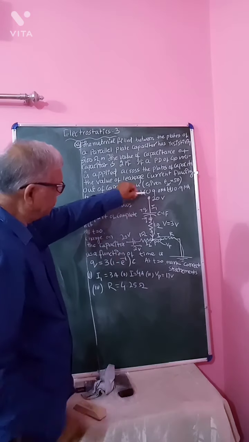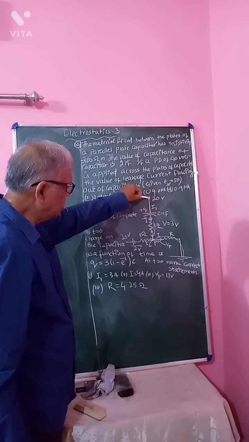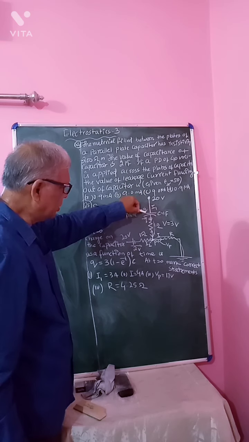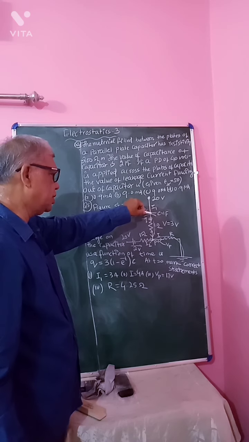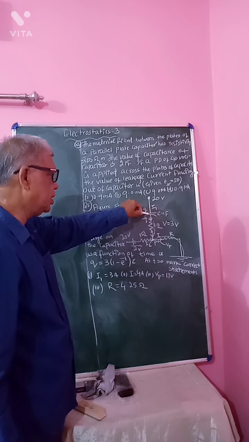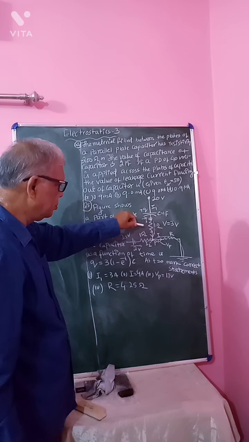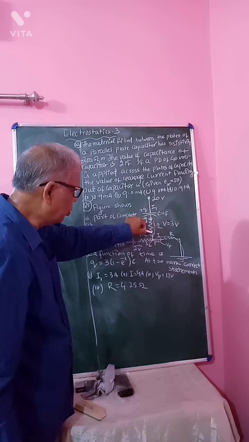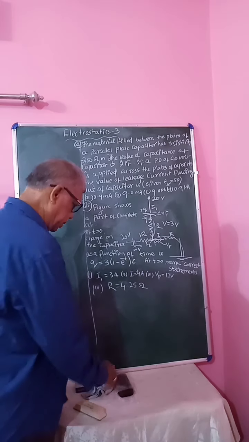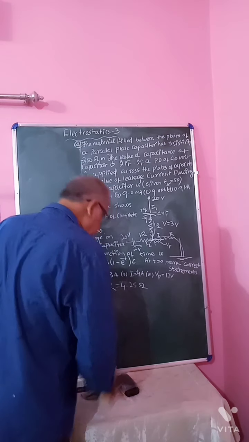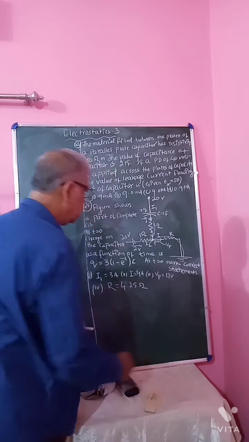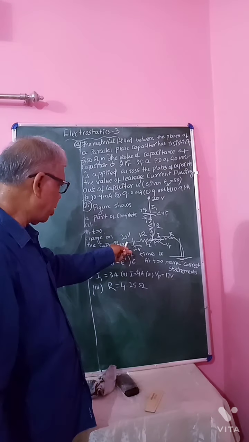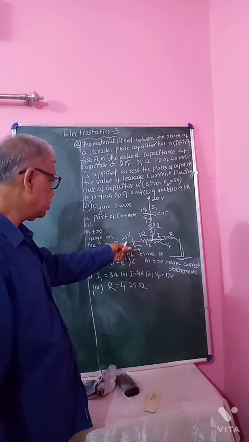This point is at 20 volt. This is a capacitor of capacitance 1 farad. Even though a 1 farad capacitor is not seen in practice, it is very large; for simplicity in the answer, it is given as 1 farad. This is a resistor of 1 ohm, and now this point is at 20 volt, and